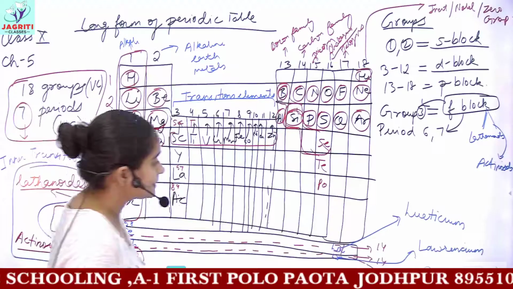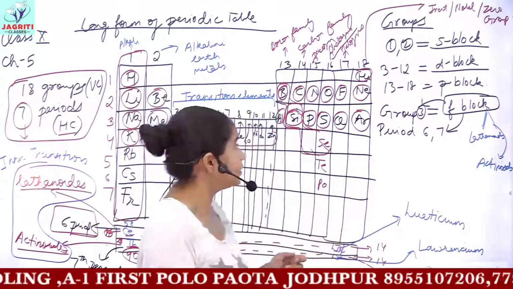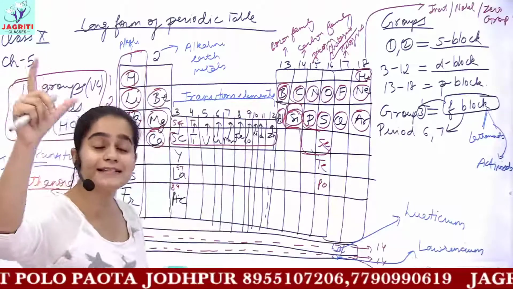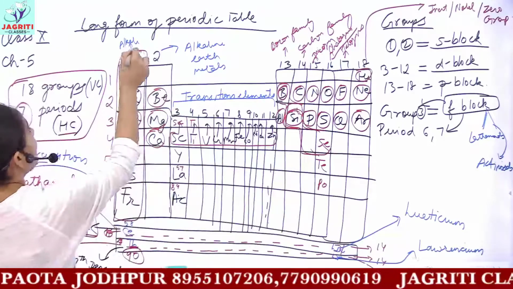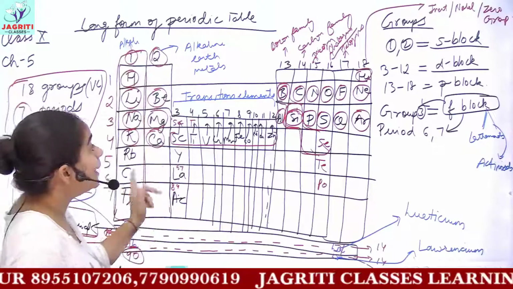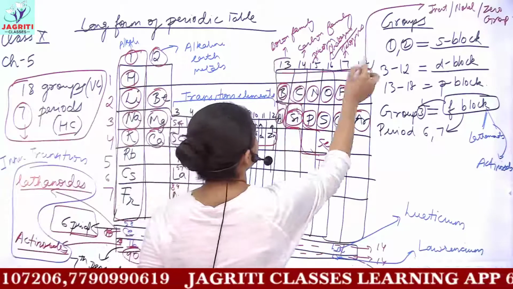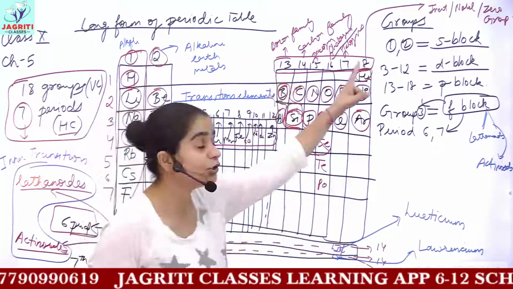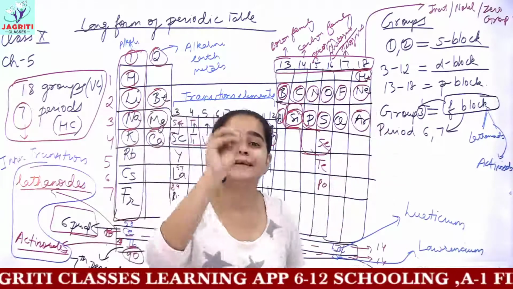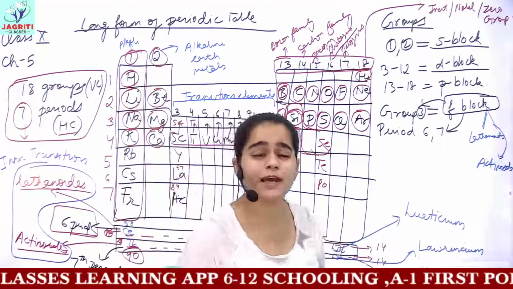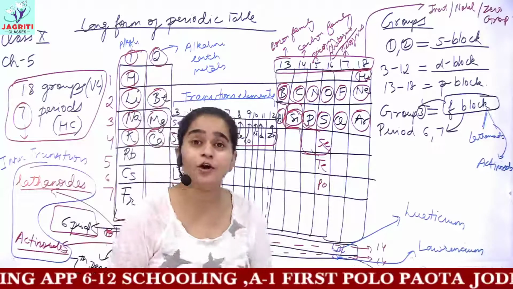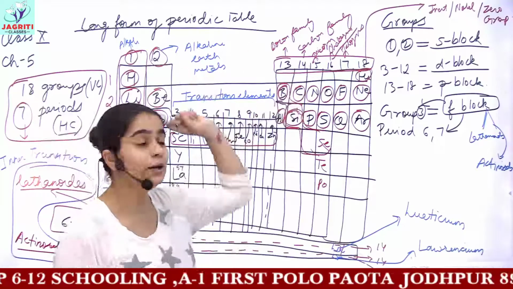Now we have already discussed the use of group number. I have told you that for groups 1, 2, 13, 14, the group number tells you the valency. Elements in group 1 have valency 1. Elements in group 2 have valency 2. But for elements belonging to group 13 to group 18, how do you find valency? Valency is equal to group number minus 10, or valency is equal to 18 minus group number. This we have done in the earlier video. If you are confused, you may refer to the previous video.